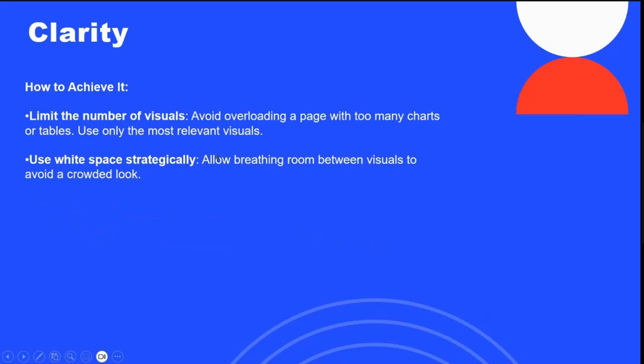Okay, so many times what happens is, due to the large visuals or big fonts or everything, they try to make it congested, right? So try to make visuals, give some breathing space so that it doesn't look very crowded. Okay, next is